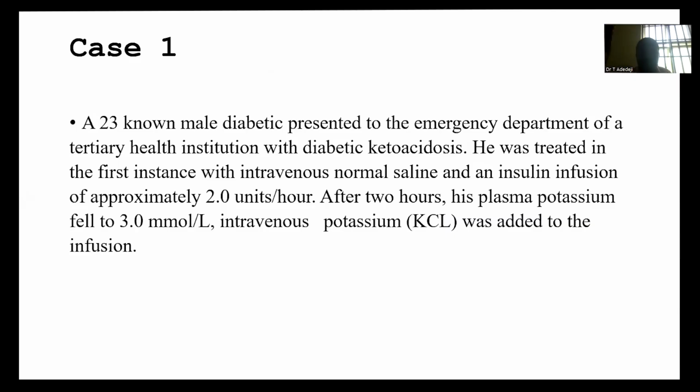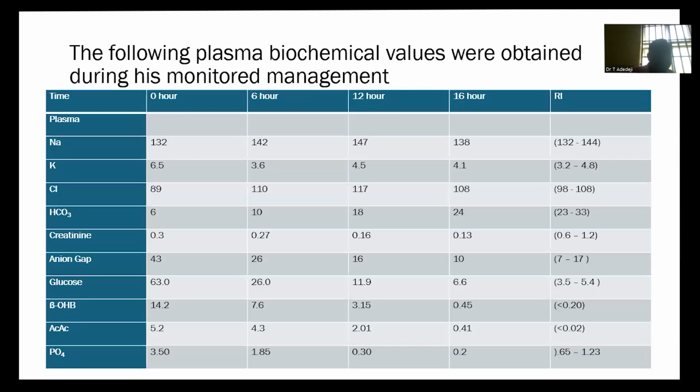At the first instance, he was managed with intravenous normal saline and insulin at 2 units per hour. But after 2 hours, his potassium was noticed to have fallen to 3.0 millimole per liter. Then potassium chloride was added to his infusion. Here we have the